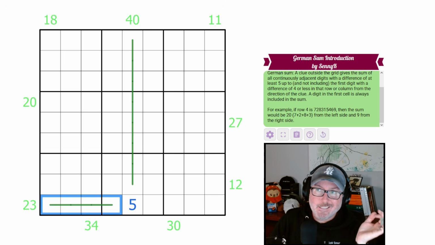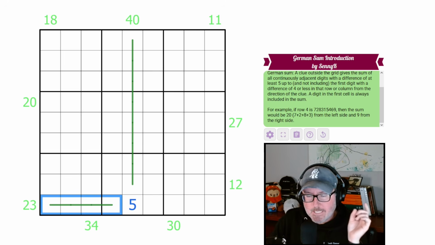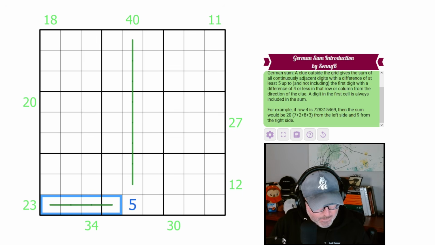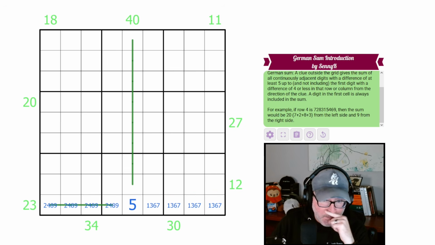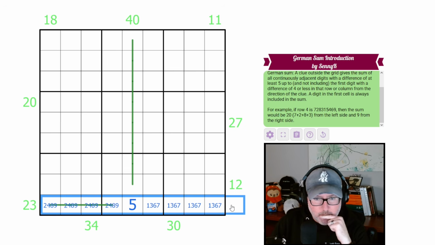And if it has 9s and 8s on it, we're at 17. We need 6 more, so it has to be 2 and 4. So this is 9, 8, 2, 4. These have to be 1, 3, 6, and 7. Now, I don't know what that tells me at this moment, but